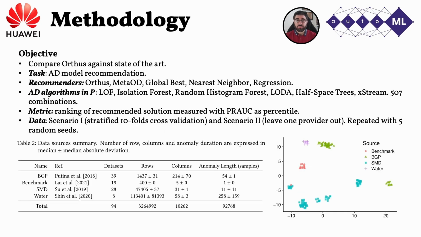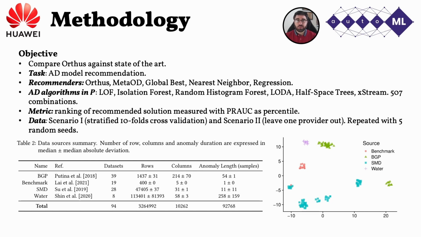We now turn to experiments, and we first remark that our objective was to compare authors against state-of-the-art methods in the task of anomaly detection model recommendation. We compare it against MetaOD and 3 baseline methods: global best, meaning just taking the model that worked best on average across all data in training; nearest neighbor, which recommends the algorithm that worked best for the closest dataset in